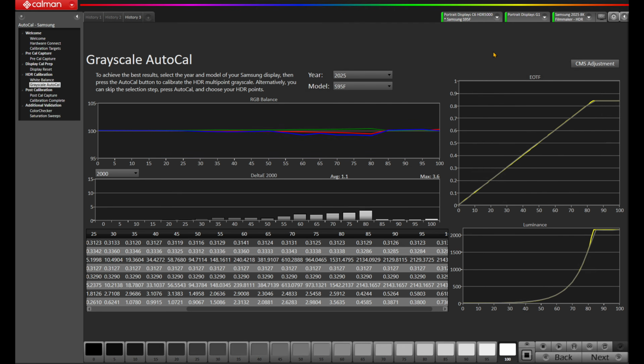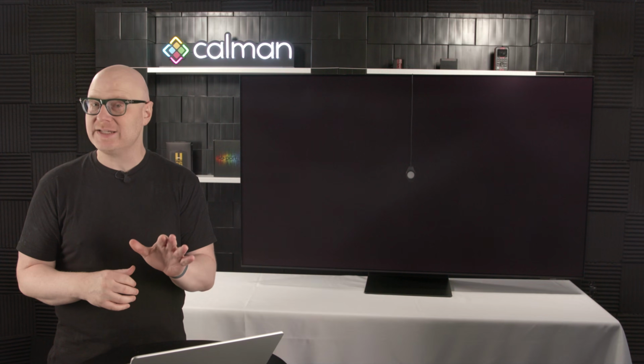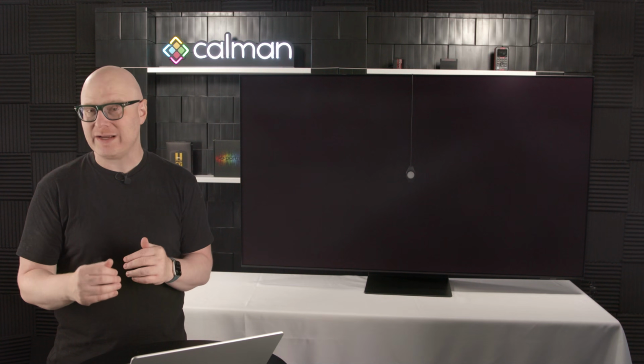Okay, our measurement has completed. Let's have a look. If I come over to the RGB chart, you'll see we're tracking that grayscale really nice, all the way up to about 50% where we see that divergence. But then we come back in around 85% and we're tracking all the way up to 100 now. That looks really nice. I think we're going to have enough range to correct it based on what we were